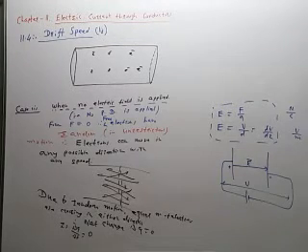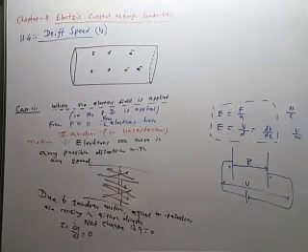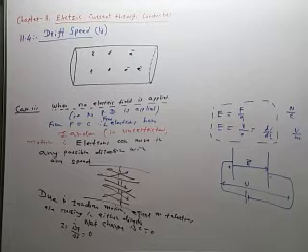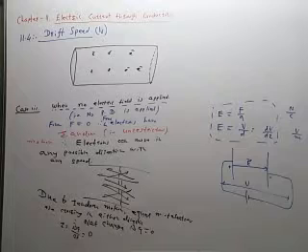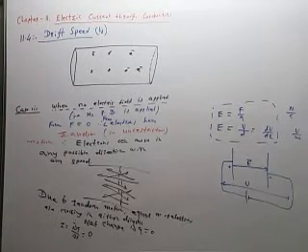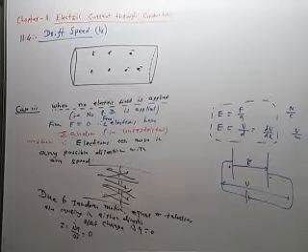You have seen Ohm's law from high school level. When potential difference is applied, there is a flow of current, and that current is directly proportional to the potential difference applied between the two ends of the conductor. No potential difference, no current. There is a potential difference, there is a current. So when there is no electric field, there is no potential difference, so there is no current.